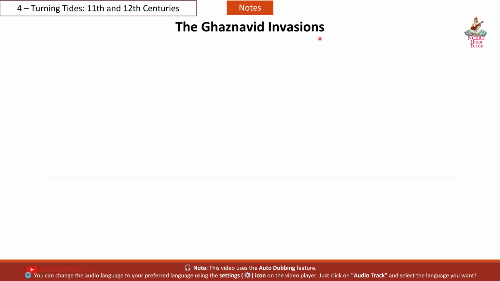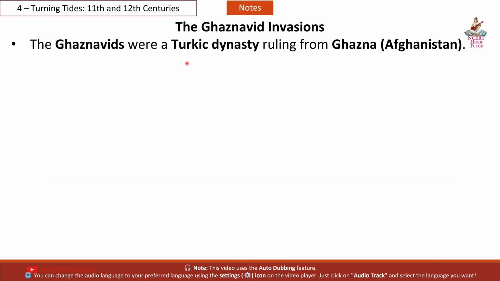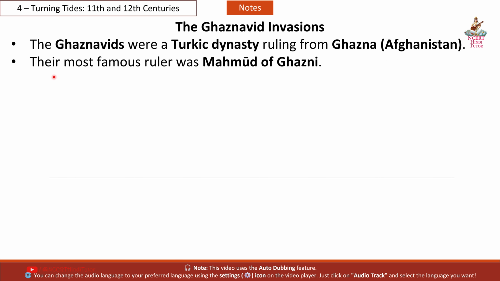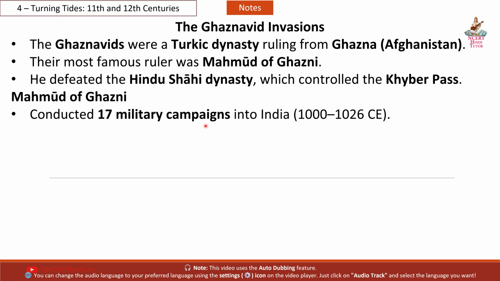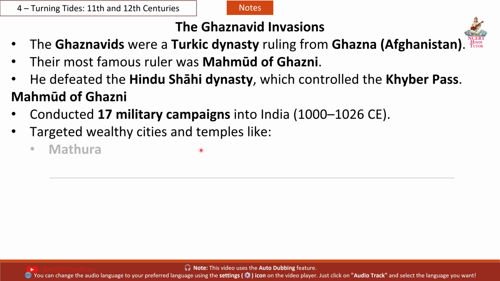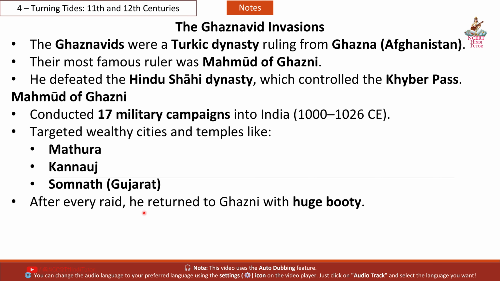The Ghaznavid Invasions. The Ghaznavids were a Turkic dynasty ruling from Ghazna, Afghanistan. Their most famous ruler was Mahmud of Ghazni. He defeated the Hindu Shahi dynasty, which controlled the Khyber Pass. Mahmud of Ghazni conducted 17 military campaigns into India, 1000 to 1026 CE, targeted wealthy cities and temples like Mathura, Kannauj, Somnath, Gujarat. After every raid, he returned to Ghazni with huge